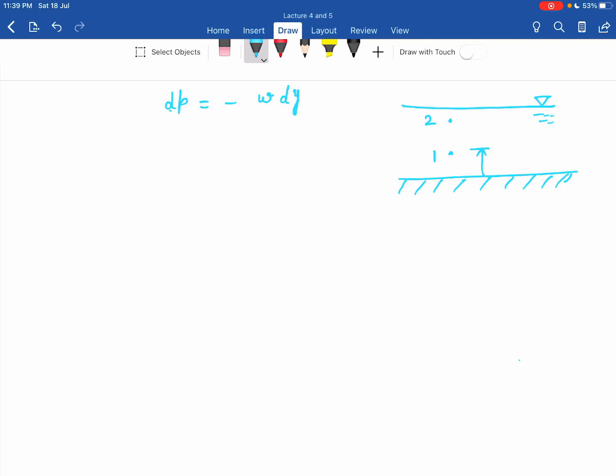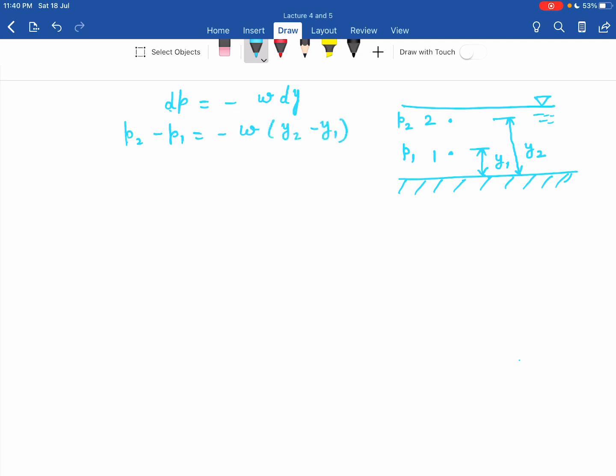The distance of point 1 from the bottom is y1 and the distance of point 2 from the bottom is y2. Pressure intensity at point 1 is say P1 and at point 2 is P2. Now by using this hydrostatic law you can write P2 minus P1 is equal to minus W (y2 minus y1),